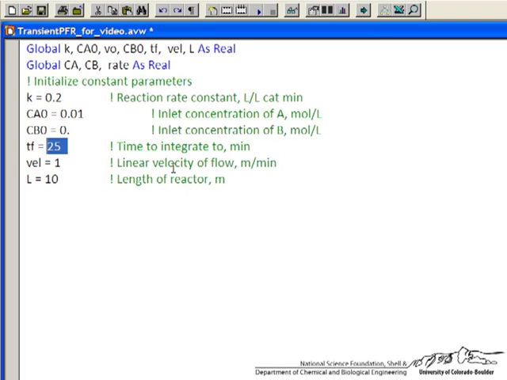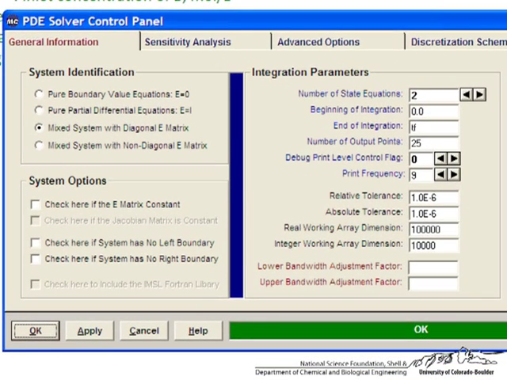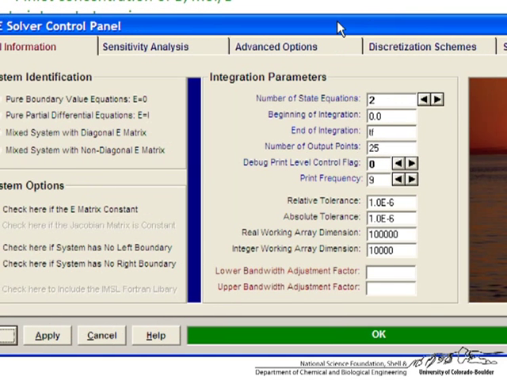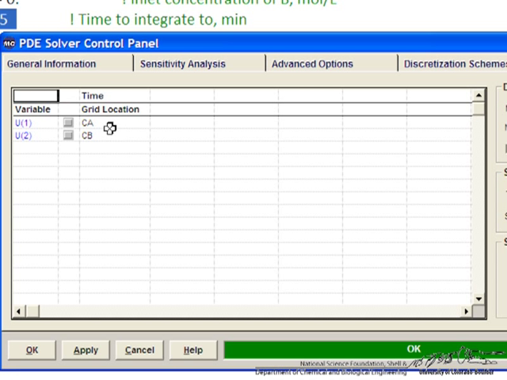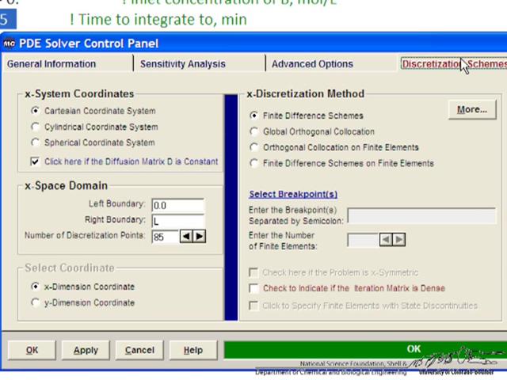So if we hit F12, then we see that what we've selected is mixed system with a diagonal matrix, and we'll see what that means. The solution history: I'm going to make variable U1 equal to Ca, the concentration in the reactor at any location and any time, and U2 equal the concentration of B. I've checked the box so that I can write Ca and Cb in the equations. What's different now is this other box shows up. There's no diffusion term for this calculation, so this doesn't need to be checked.